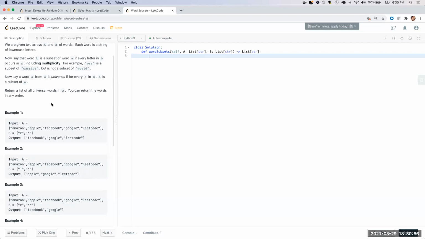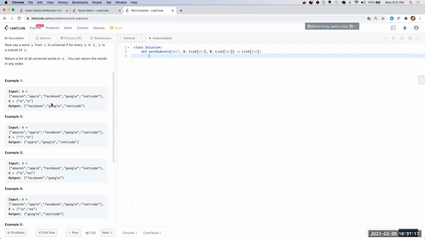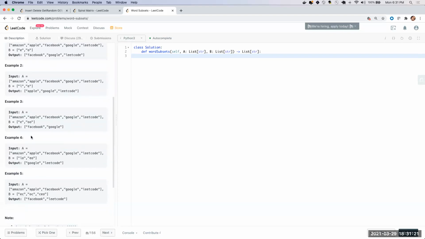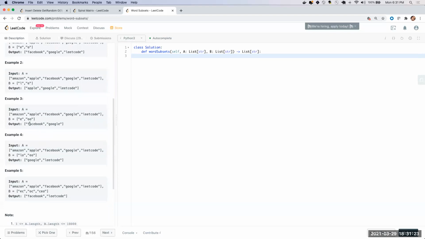Oh, okay, got it. So basically, you're saying, let's say there are 2 words, word 1 and word 2, and we have to figure out if word 2 is universal or not. Like basically, word 2 has word 1 or not. We're defining universal as every word in word 2 is contained in a word in word A. So I think look at the 3rd, 4th, and 5th examples. I think that'll make it clear.